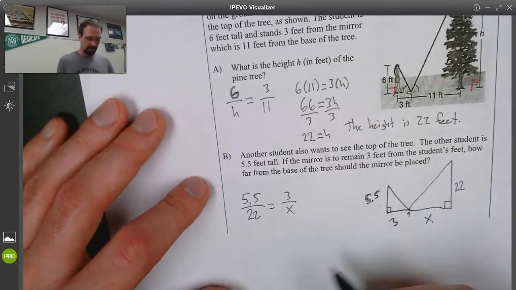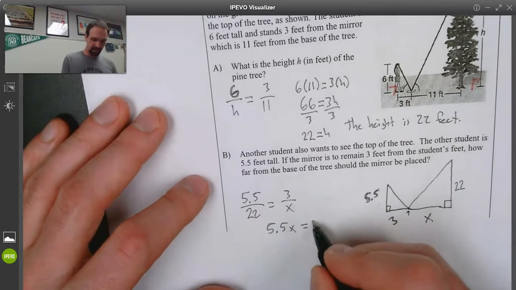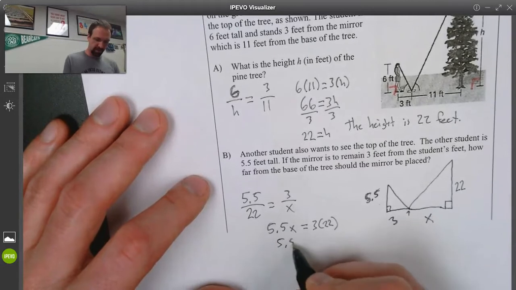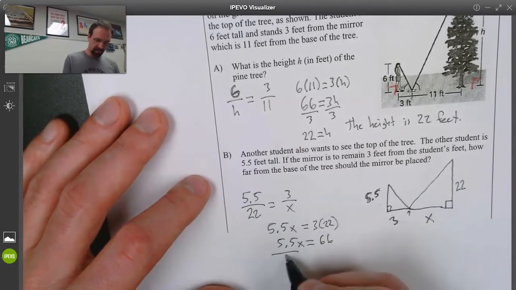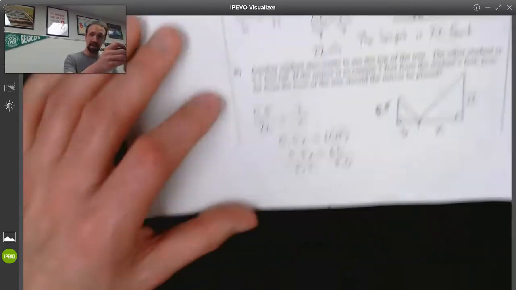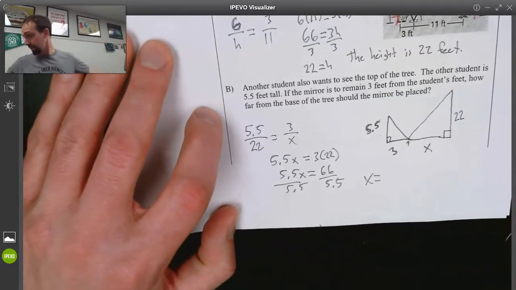Cross multiply just like we did earlier. So that's going to be 5.5 times x is equal to 3 times 22. So that's 5.5x. When you multiply 3 times 22 is 66. So when we divide by 5.5, we get that the distance from the tree needs to be